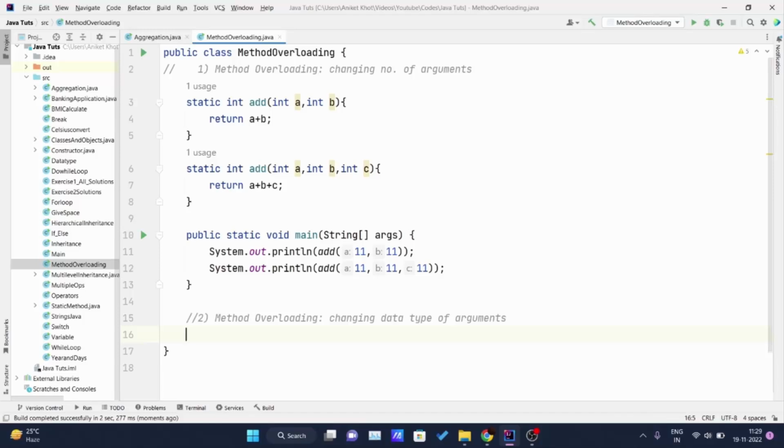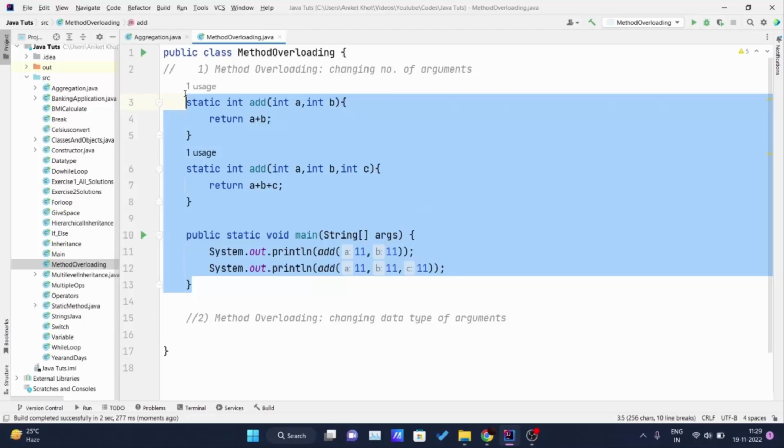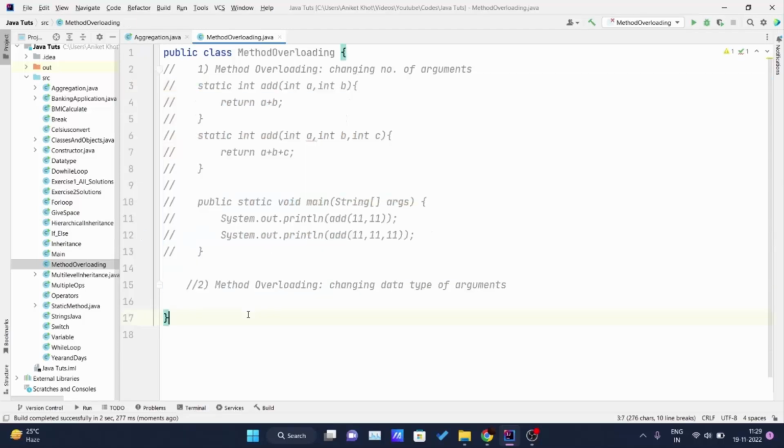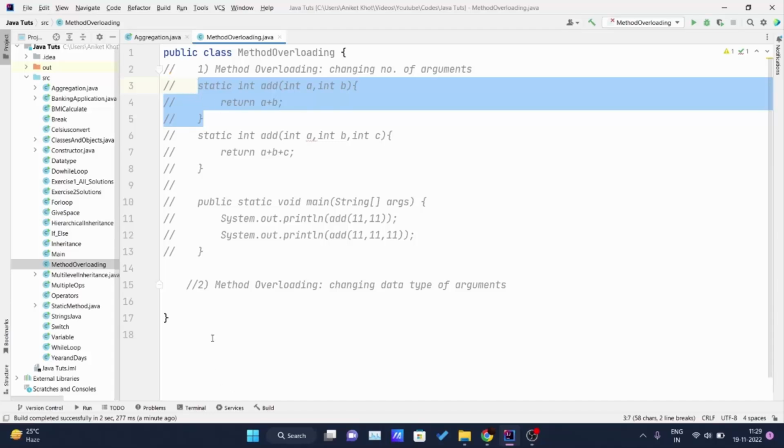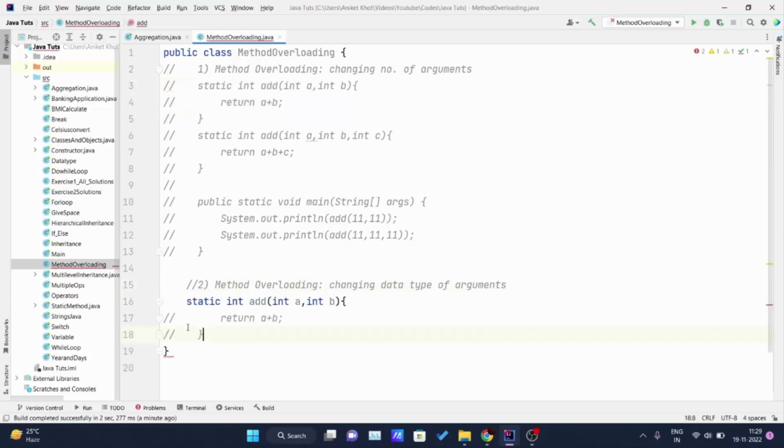Okay, so now let me comment this out. Now I will again have to declare one int method. I will copy this and paste it over here, and let me uncomment it. One add method is there which is returning the addition of the two numbers a and b,